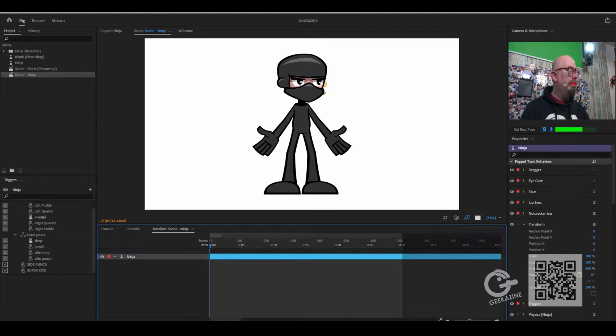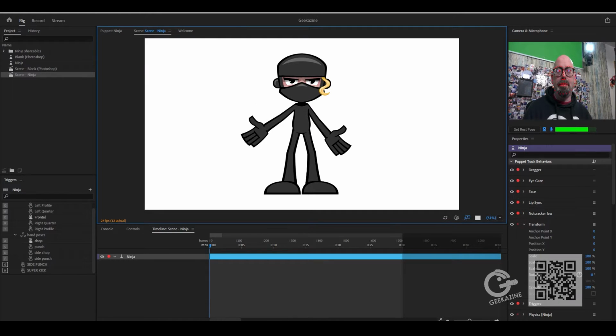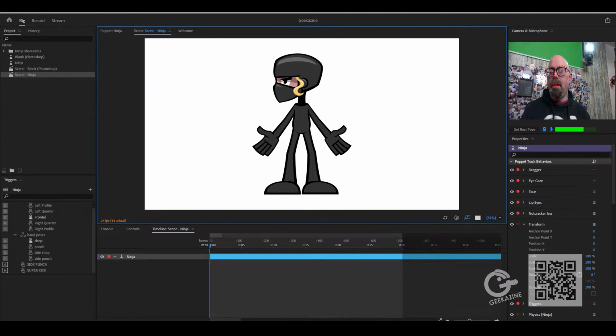Now, as you can see, I can take this character. Look at that! I'm moving the head completely around. So this is the ninja guy. I can take the arms and bring them up and down. On this side over here, there is the ability to hotkey things, like they have a chop here. That's A. So if I go A,